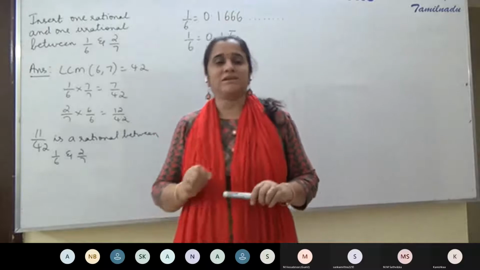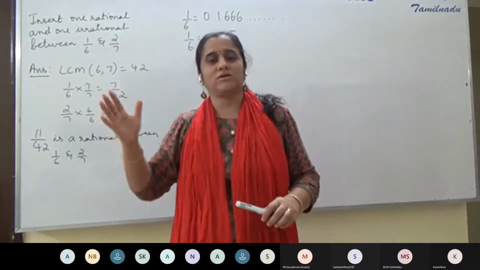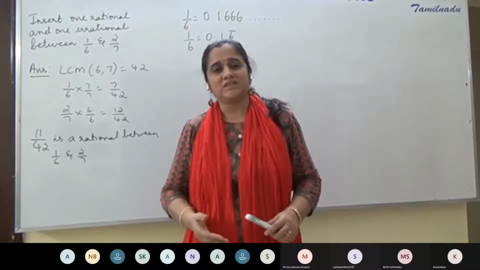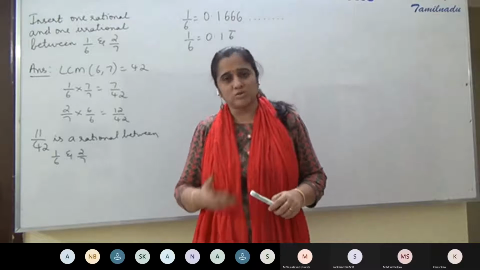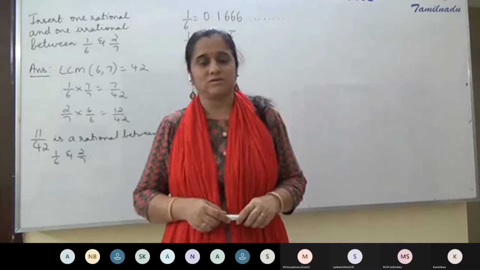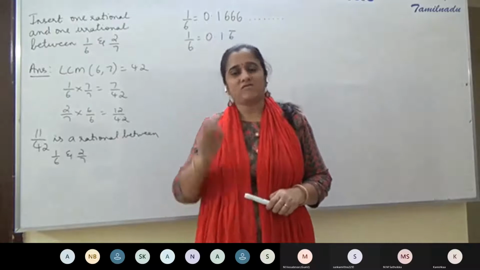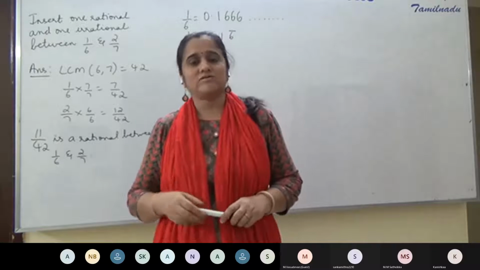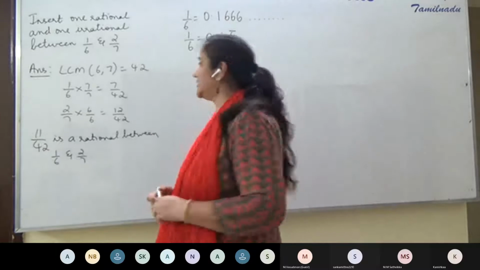The quotient is a non-terminating decimal. Non-terminating because it doesn't end. It goes on and on. Why? Because the division does not come to an end. We say the division ends only if you get a zero remainder. So here you're not going to get a zero remainder at all. Hence, the quotient is a non-terminating decimal. Repeating because this digit 6 repeats. After the decimal point, you can see this digit 6 repeating itself forever. So, non-terminating repeating decimal.